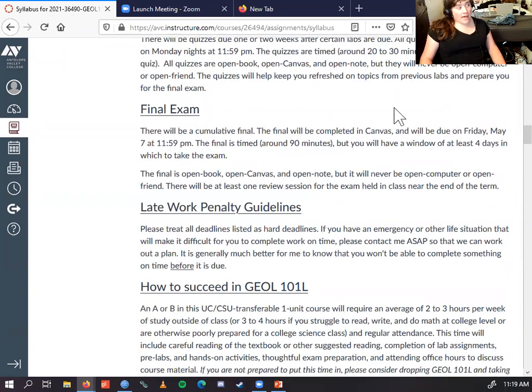Let's talk about late work briefly. I would like every deadline I put to be a hard deadline. That being said, there is a lot of chaos in the world right now, and there are many things that we all have to keep track of. So I'm aware that stuff can happen,